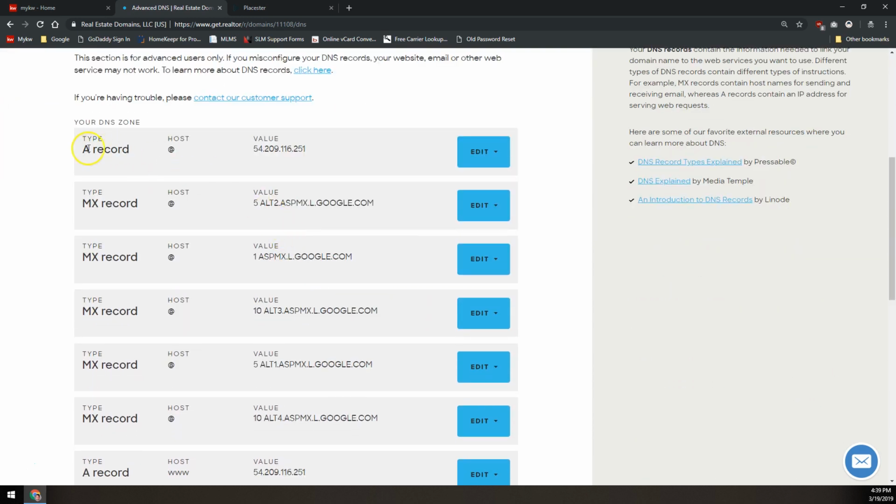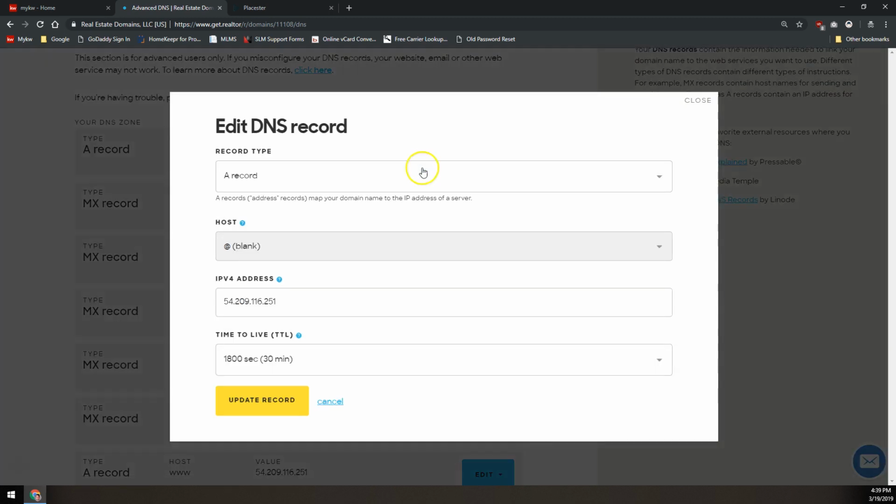The first thing we're going to edit is this A record. There should be one already here. It may not exactly have this value, but there should already be an A record here. We'll click over on the right on Edit, and then we'll click the Edit when it drops down. We're going to leave the A record and the host the way they are, but we're going to change this IPv4 address to